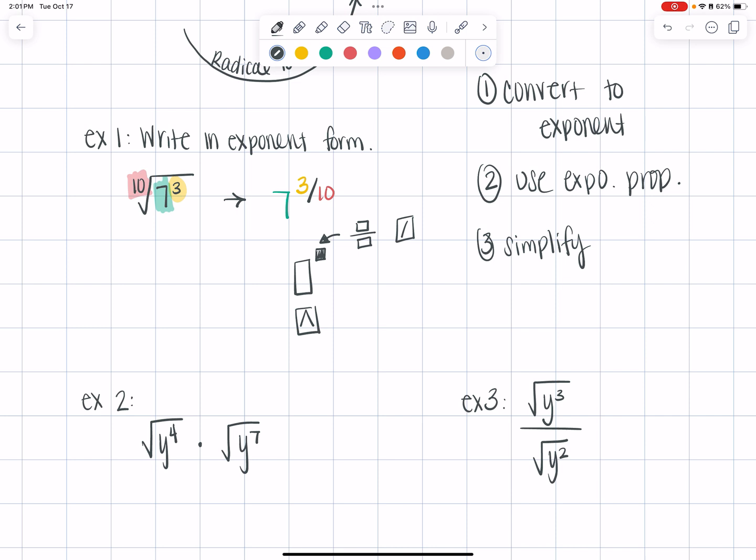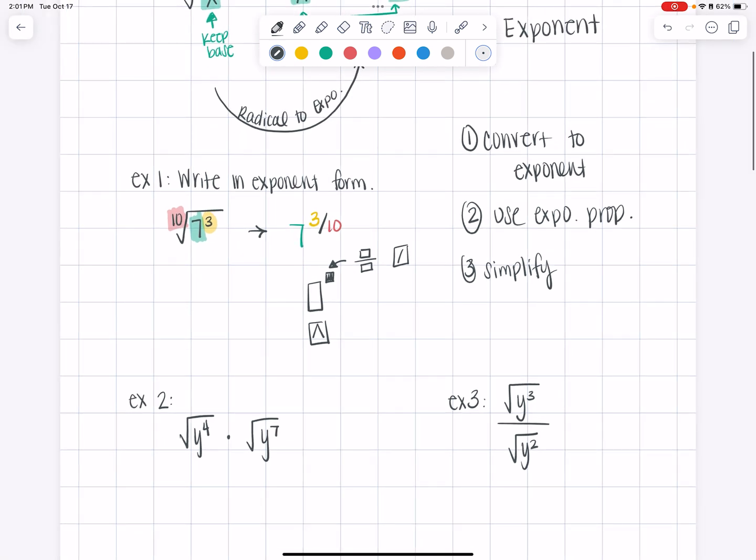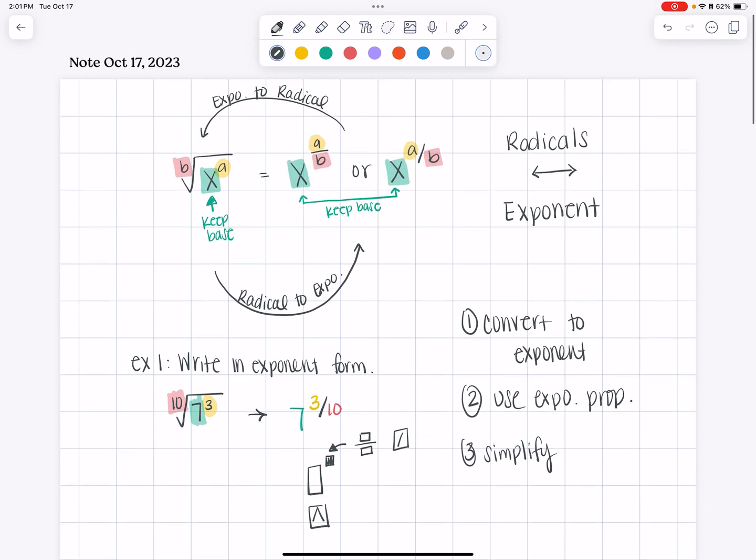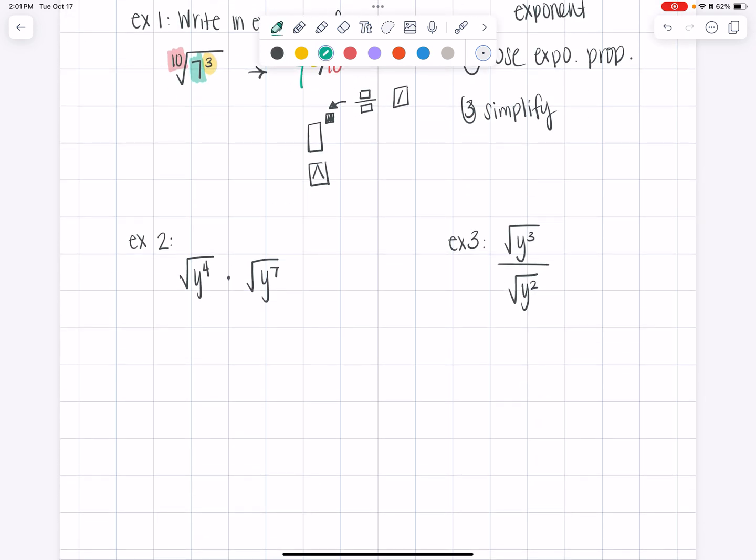So don't rewrite it as a radical. First thing I'm going to do is rewrite these with my exponent form. So using that property at the top, I'm going to rewrite this first one as y 4 over, that's a square root, so that's going to be 4 over 2,